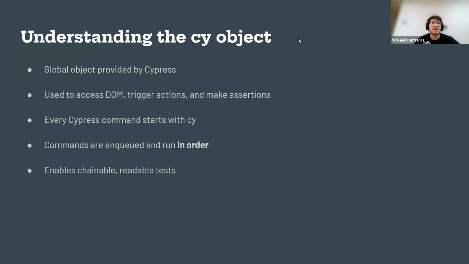Instead, it queues them up. And then Cypress runs them one at a time in order as they appear. That's how Cypress handles asynchronous code behind the scenes and why your tests stay reliable even when there's a lot going on in the UI. So whether you're using cy.get or cy.type or cy.should, you're really just stacking instructions that Cypress will handle for you